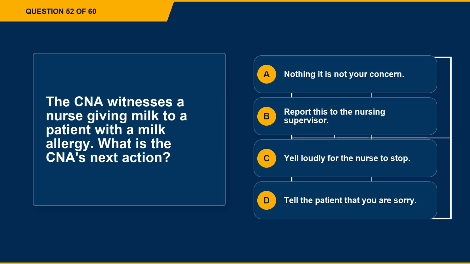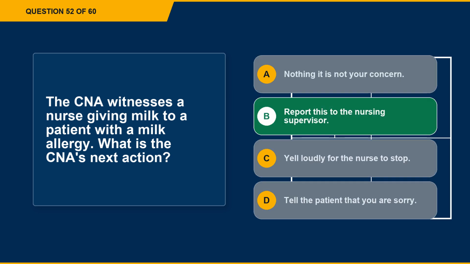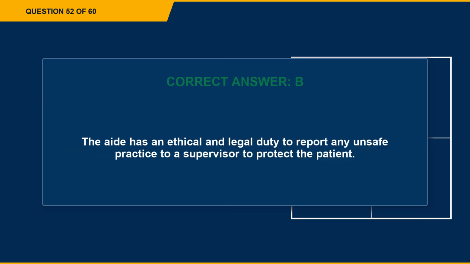Question 52. The CNA witnesses a nurse giving milk to a patient with a milk allergy. What is the CNA's next action? Option A, nothing, it is not your concern. Option B, report this to the nursing supervisor. Option C, yell loudly for the nurse to stop. Option D, tell the patient that you are sorry. The correct answer is option B, report this to the nursing supervisor. Explanation: the aide has an ethical and legal duty to report any unsafe practice to a supervisor to protect the